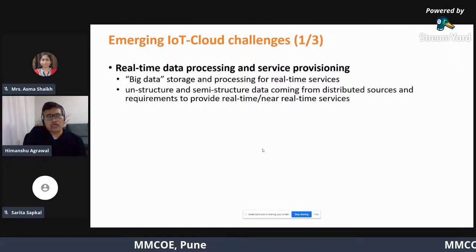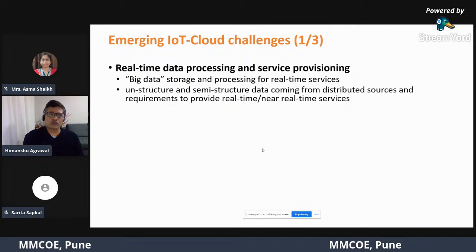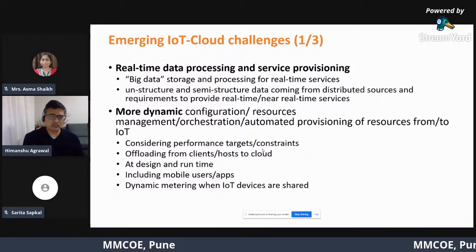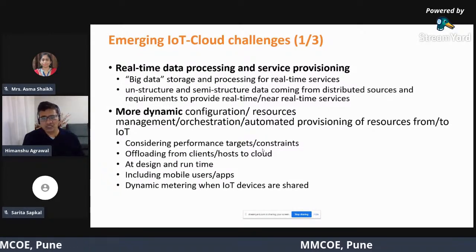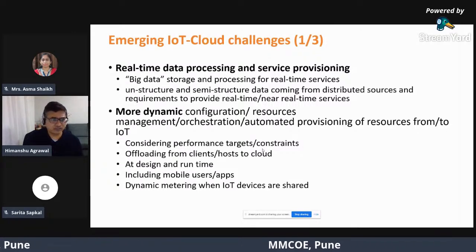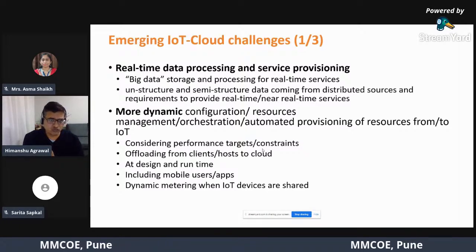Now, when we talk about IoT cloud platforms, it is very important to understand the ongoing challenges, and of course, one can pick some important research problems from these challenges. Real-time data processing and service provisioning is one important challenge one can see here.